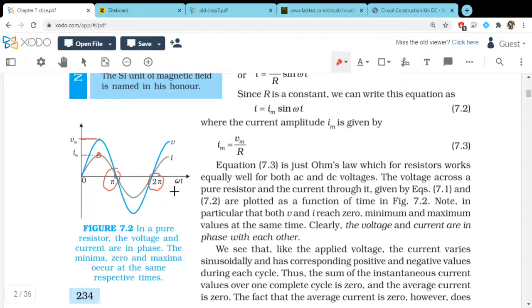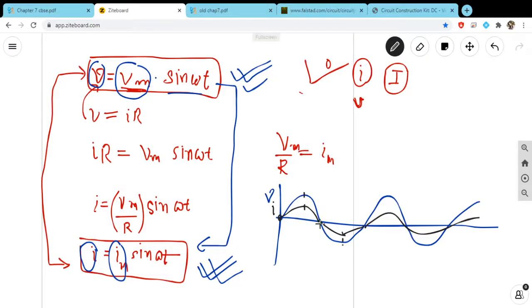So this is the value for theta, because of the nature of sine: sine becomes 0 at pi, again 0 at 2 pi, again 0 at 3 pi, again 0 at 4 pi. Okay, so this is what they have written. They have written the value of theta. If you don't want to write theta, then it is simply omega t.